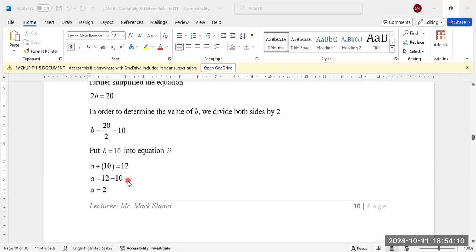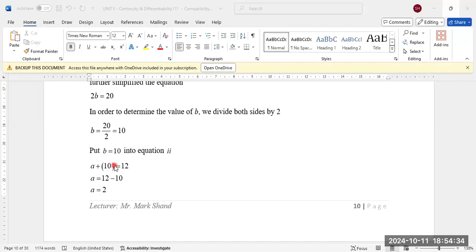Anywhere in equation number 2, I see B, I'm going to put 10. So I'm substituting B for 10. Because I'm working the question simultaneously, the word simultaneous means at the same time. So therefore,